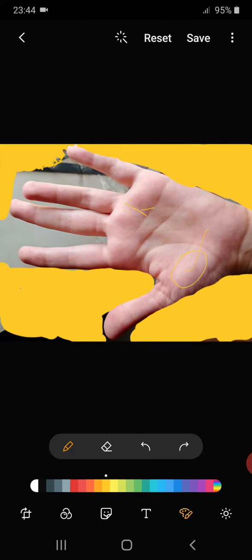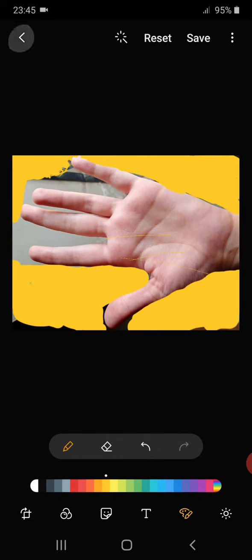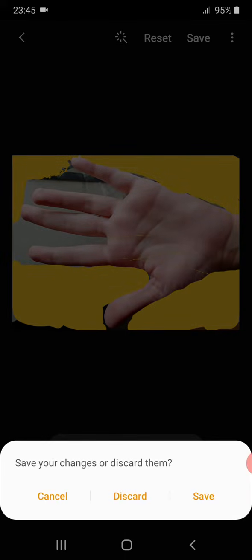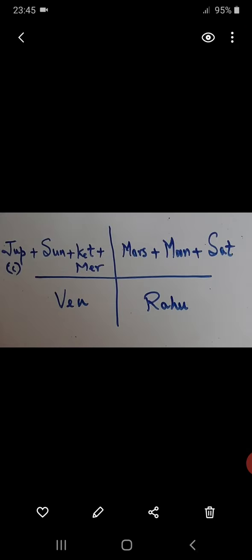But let me go into the palm chart now, because I'm going fast. I've already given predictions, as I told you. I'm going to go into the palm chart. Let me see if I can get that here. Just a moment. Yeah, the palm chart of this hand. Let me see if I can. Yeah, this is a palm chart. Sorry, I was not able to get it. So the palm chart I have made here is this.